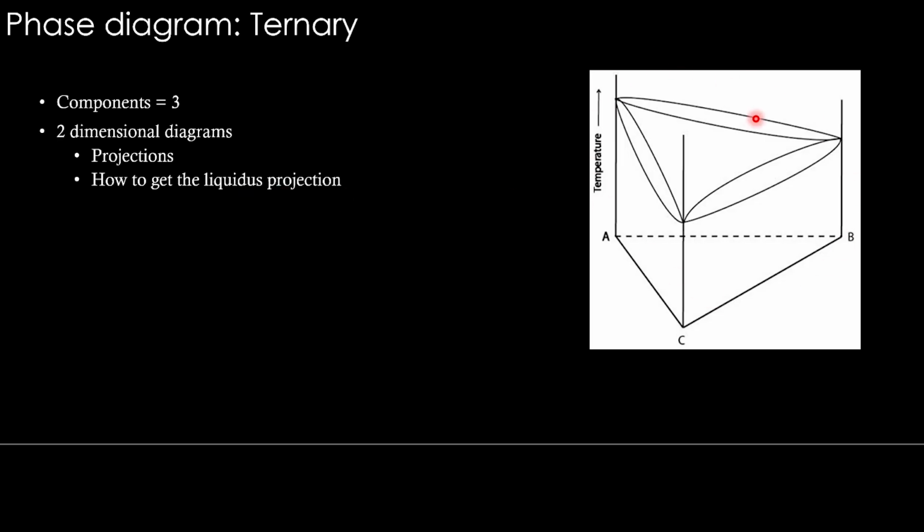Our first example is going to be the simplest of the ternary systems, where all the 3 sides have isomorphous binary systems. Okay, so what is a liquidus projection and what is the use of it? We will see that. What is liquidus projection? You bring this liquidus surface first. So in a binary we say liquidus line. In a ternary we are going to have a liquidus surface. Above this surface everything is going to be liquid. Any composition you select, above this surface it's going to be liquid.